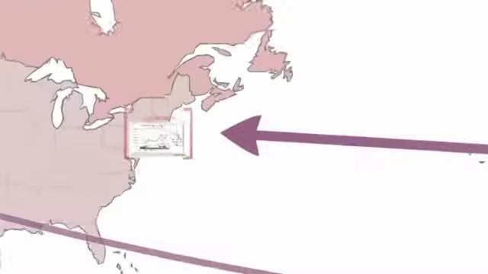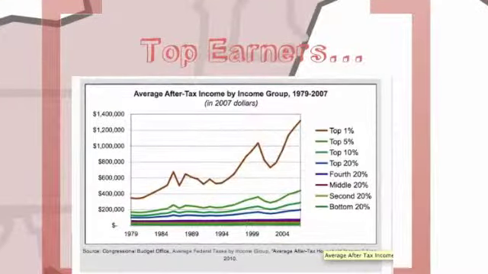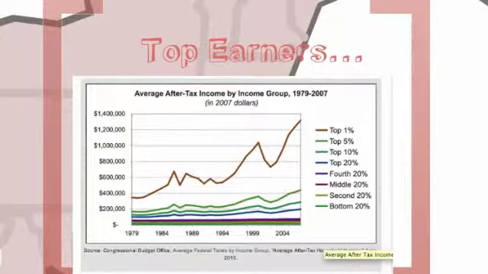Another problem is the rise of income in the top earners. The top 1% have seen the highest income rise, and the top 10% have pulled away since 1990. What's happened is that I think there's just been a concentration of power. Because of the weak labor market, businesses now have more leverage over workers, and so they've been able to hold down wages and demand cuts in benefits. As a result, we've seen workers get less and less of the overall pie.